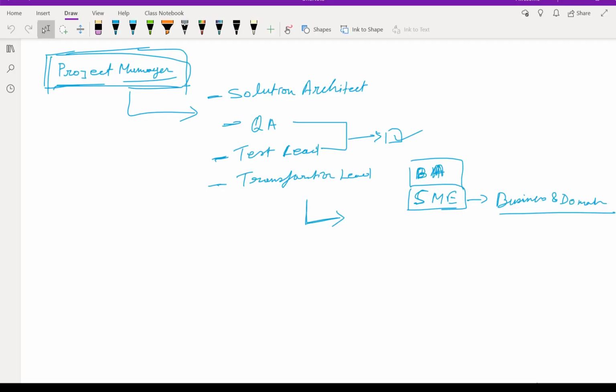Now I'm going to discuss the team structure whenever we work in a solutioning approach, or we design a solution, or we work in a development kind of a forum. What and how the team looks like, that I'm going to share in detail, okay, so that you will be able to have